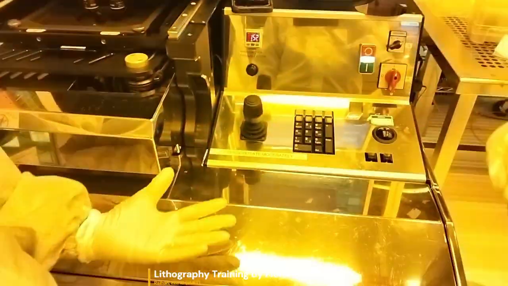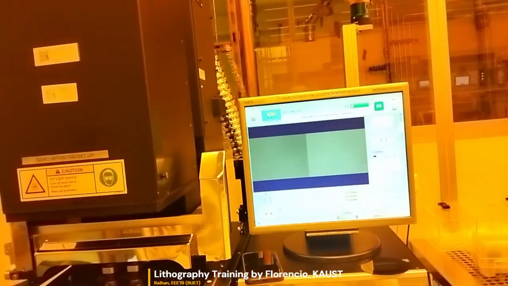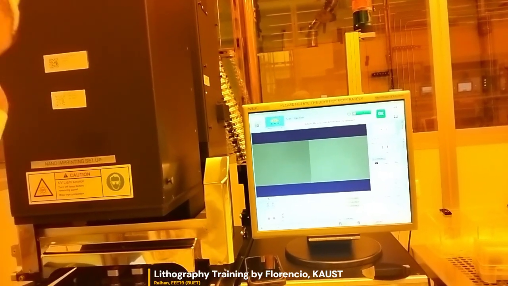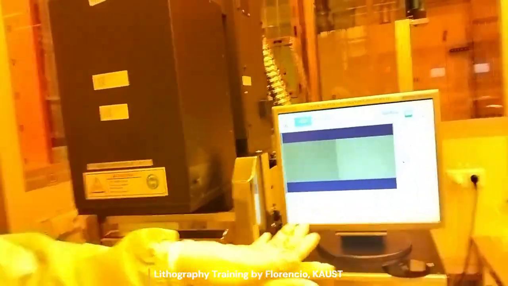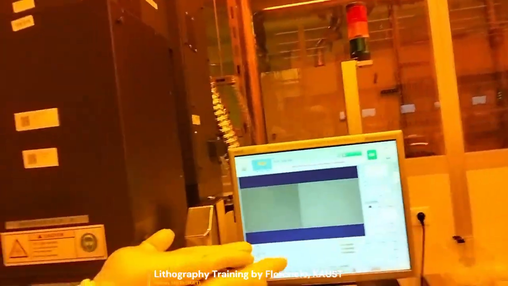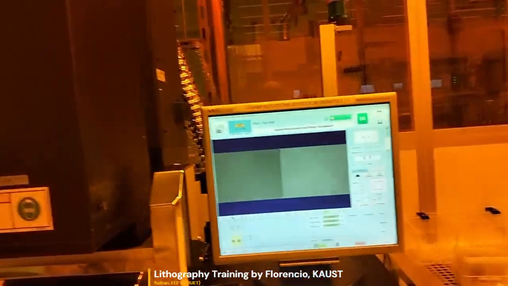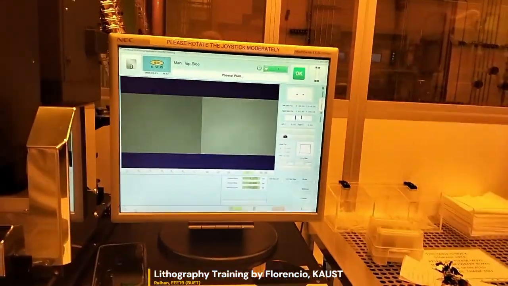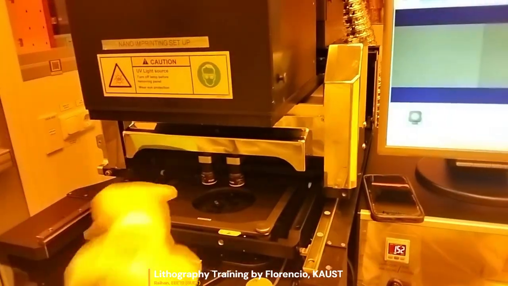So chrome is on the bottom side because we are trying to get tight tolerance, because chrome won't allow the light to pass through the sample, right? The chrome is the one covering the light, and it is the one touching the sample. If you reverse it, your chrome is on the other side, there will be a gap in between, so light will bend through that gap. Yeah, got it. Because this is capable of alignment, this is the time you align. But I won't show you alignment yet until your project is done. Okay? So continue. So now my wafer is loaded on the tool. It's there. I followed the instruction. Move out the tray.